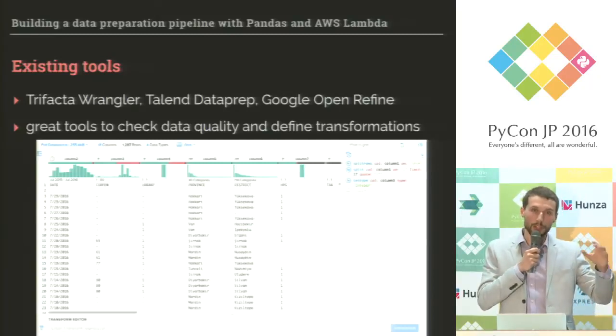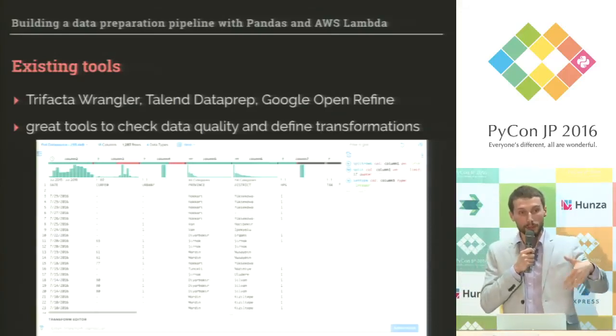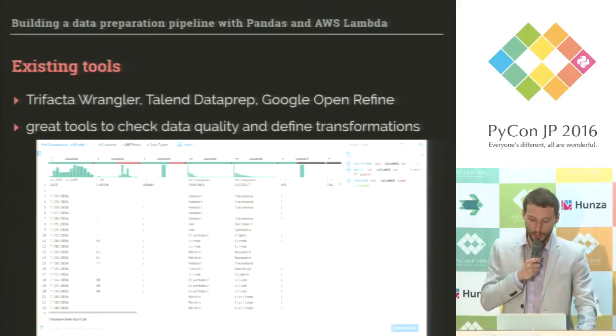And with those tools, you can generate some kind of scripts where you say, like, okay, if there is a missing value here, I want to drop the row. And then you can potentially reapply the same script on a different data set. So that's almost what we want, except that